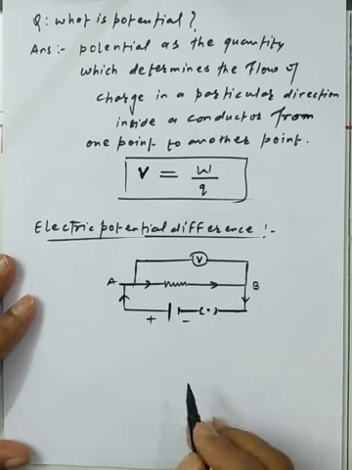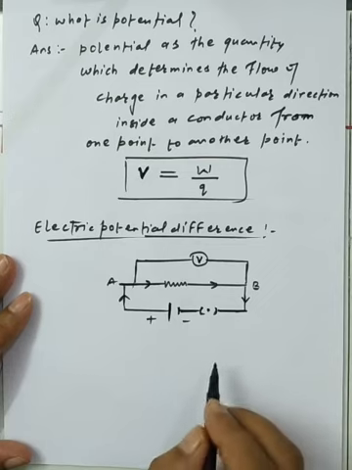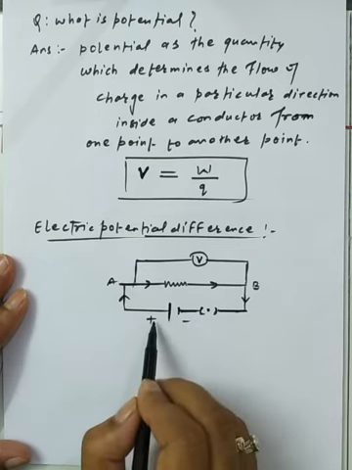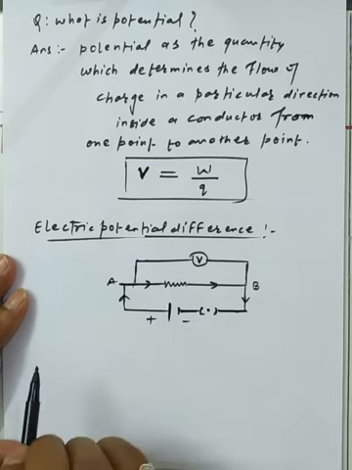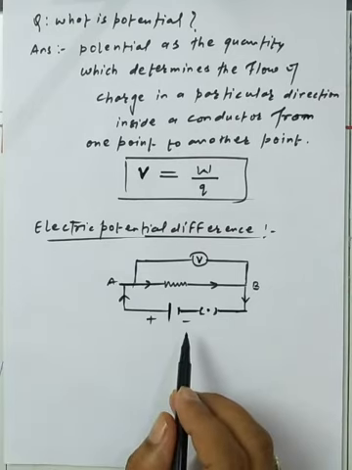And the potential is simply the electrostatic potential energy per unit charge. Okay, so it drives the charge in a particular direction from plus to negative inside the circuit. So simply we can say that the electric potential